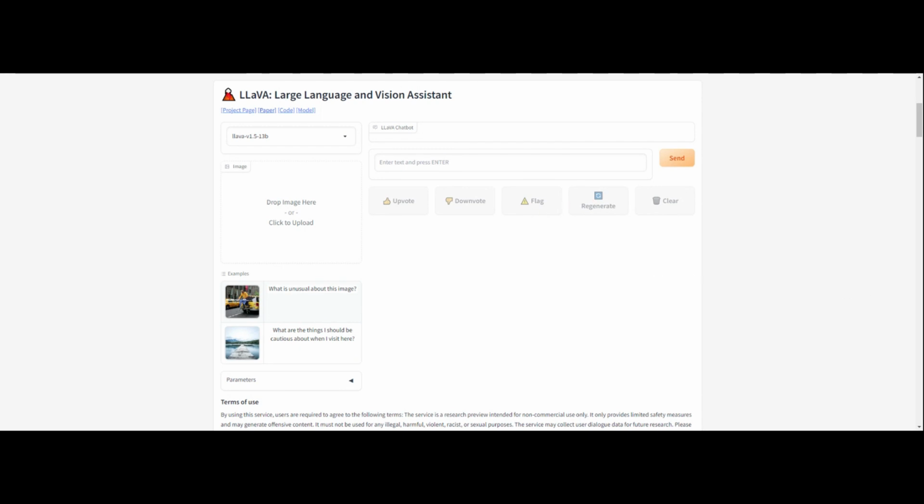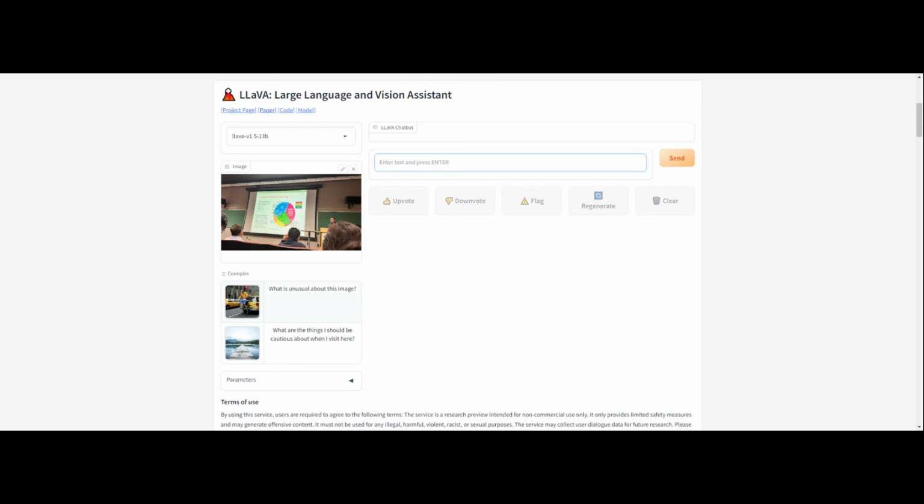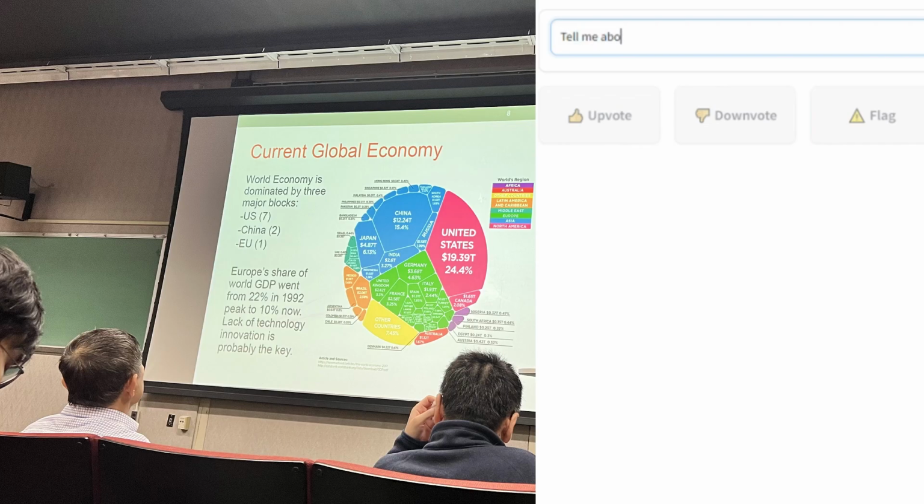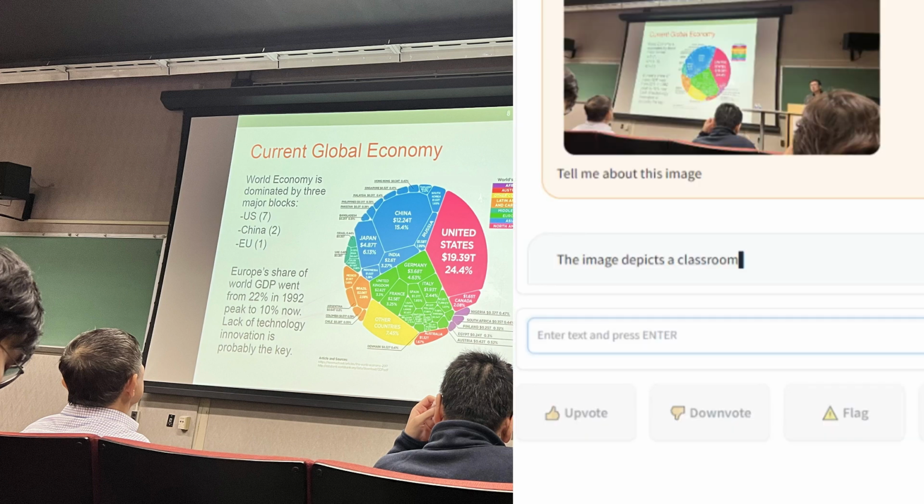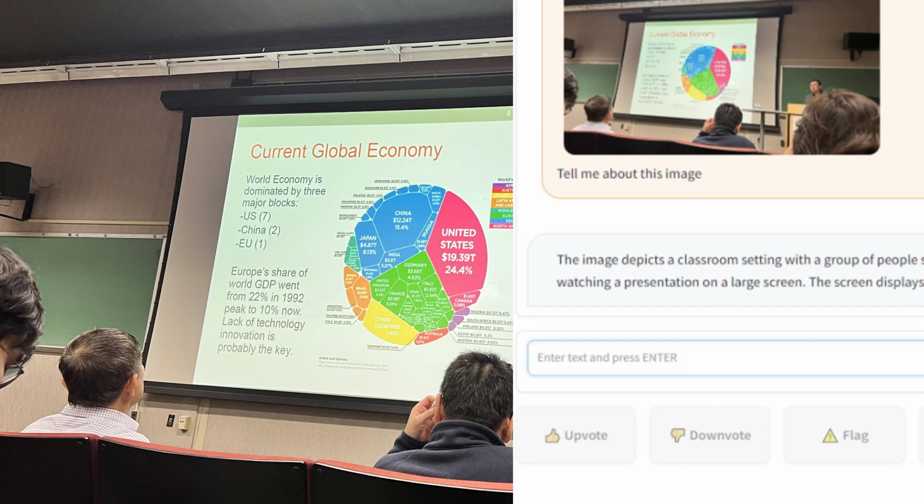Alright, let's first drag in a picture I took at a conference I went to over the weekend, which I have completely forgotten what it is about, and start asking questions about it. So I asked, "Tell me about this image." And it answered, "The image depicts a classroom setting with a group of people sitting in rows of chairs, attentively